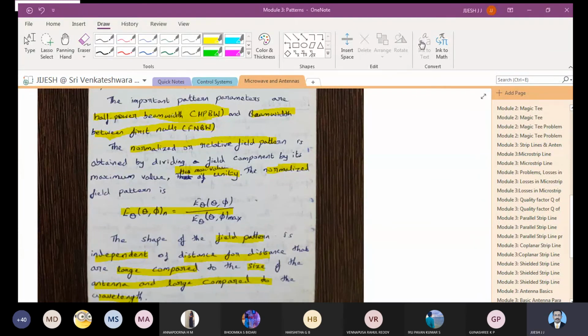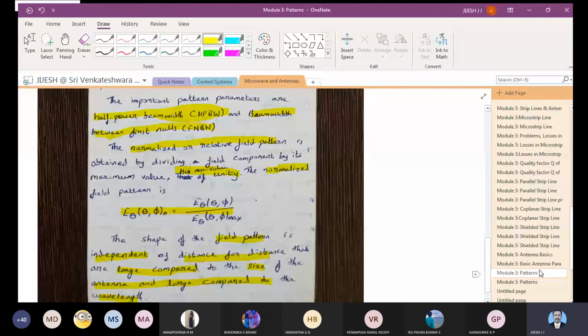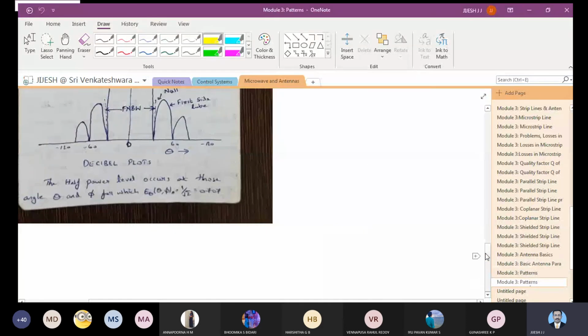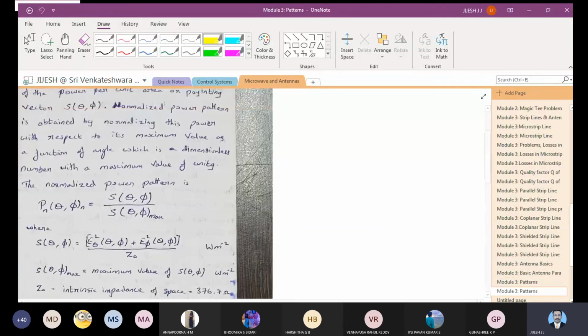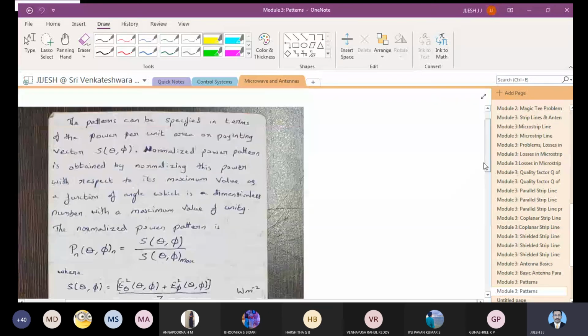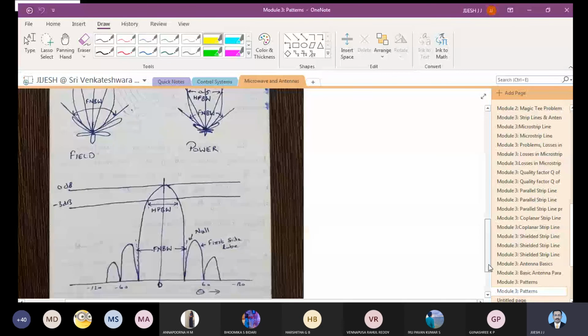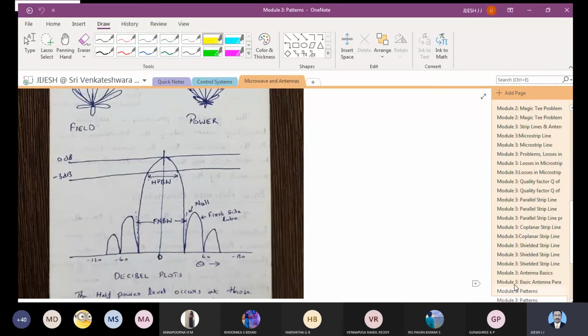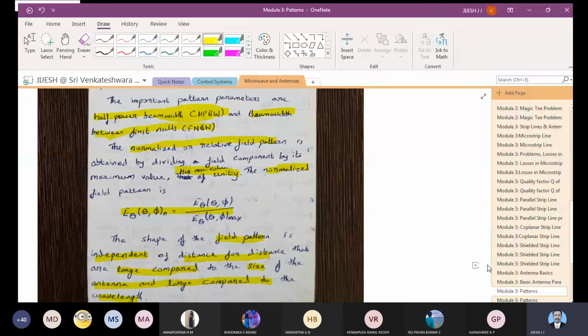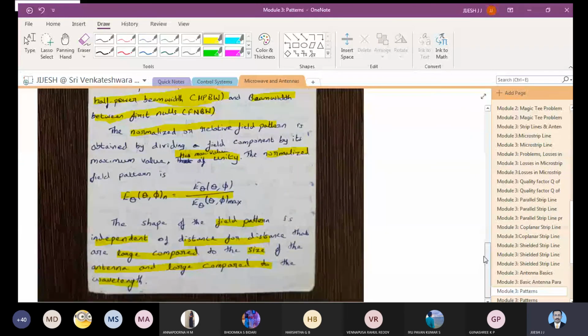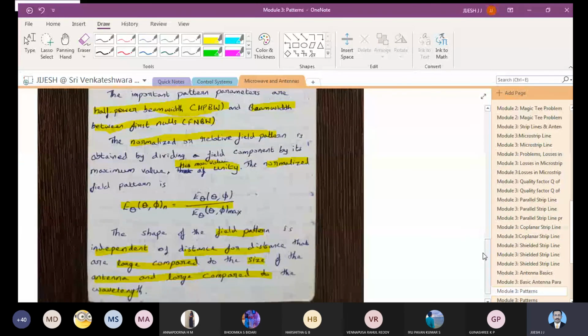So all of you have completed. We will stop here for today. Pattern is not completed yet. There is some continuation for which we'll be studying a few more things. We'll be studying field pattern and power pattern in detail as well. We have to complete this in the next class, where we'll be writing a few more equations and drawing the field and power pattern. I'll get back to that in the next class. First, you can complete these things, and we will wind up for today and continue this pattern in the next class as well.